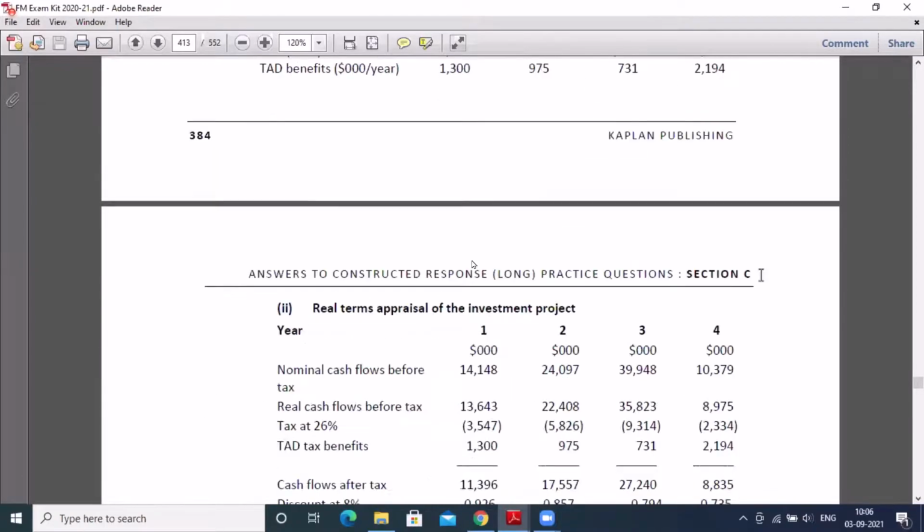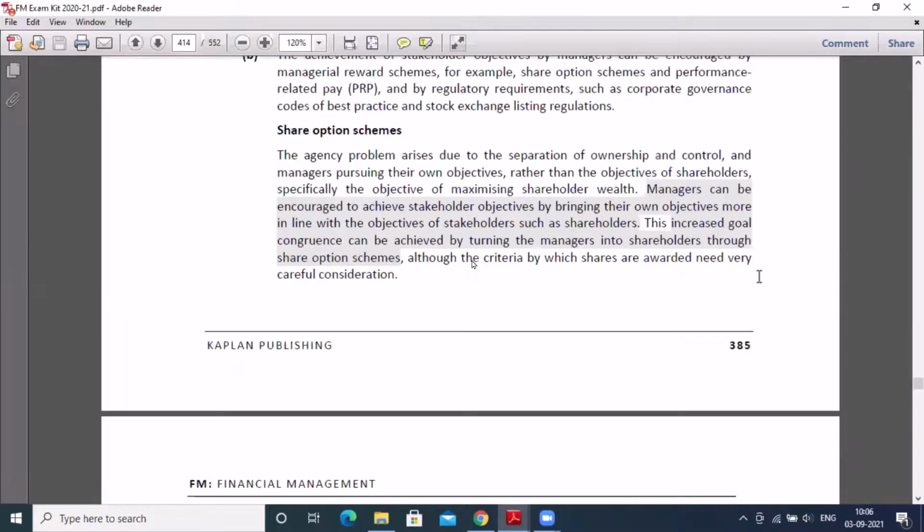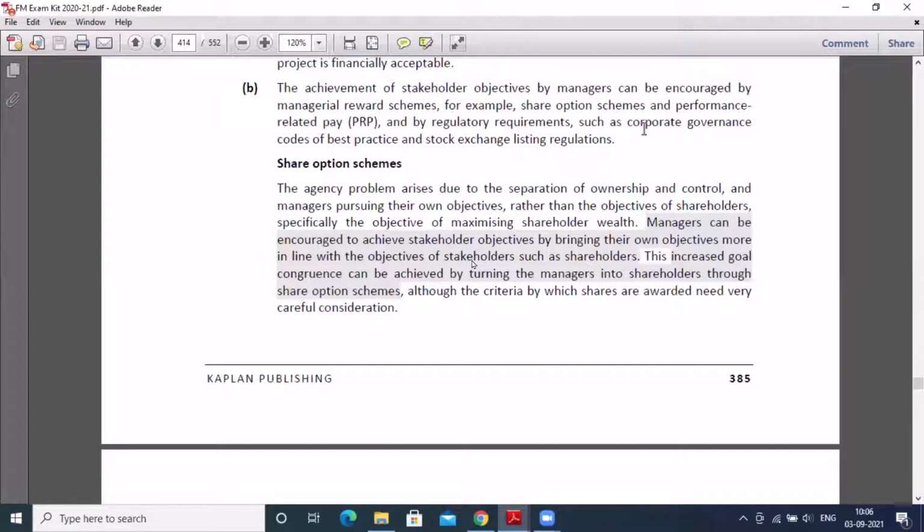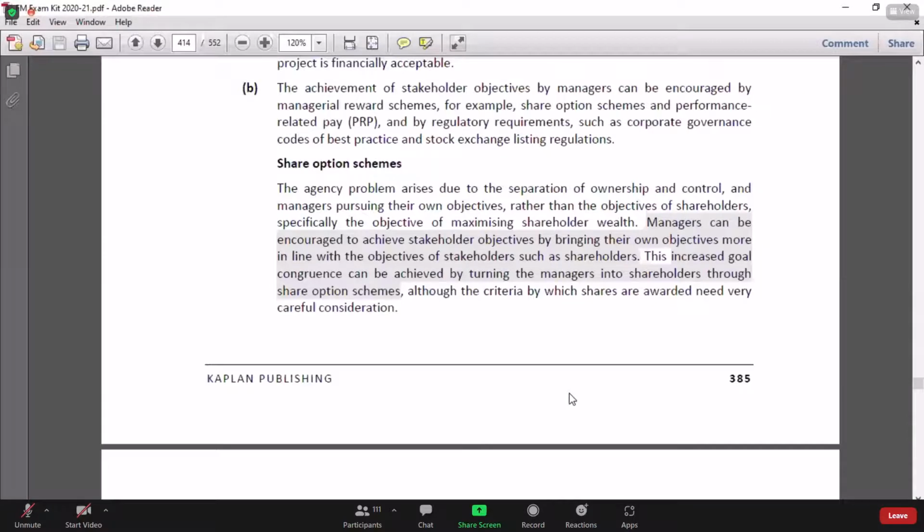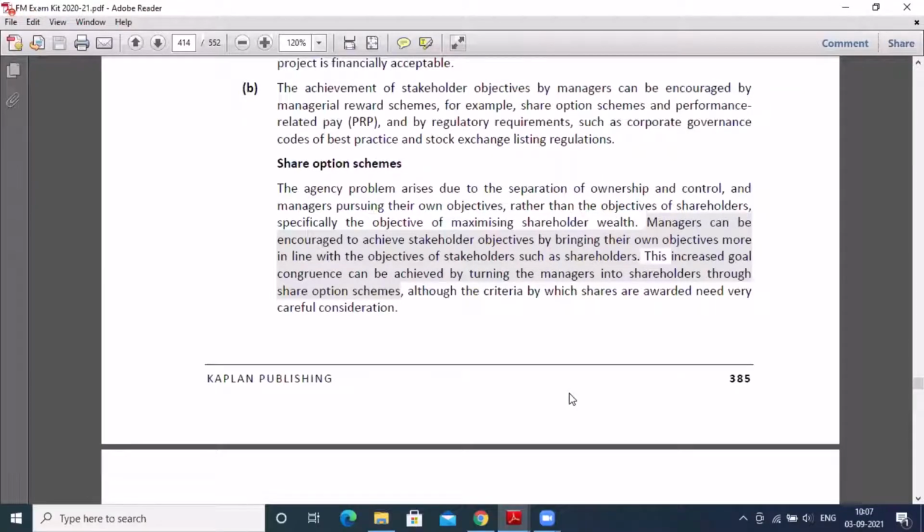So because we need to discuss the B part. Now, once again, if you can recollect, the question was, what are the four things which are to be considered in order to encourage the managers to achieve the stakeholders' objectives? Okay. So can anyone recollect? I hope we discussed certain schemes where we can encourage the managers to go with that. Very good.